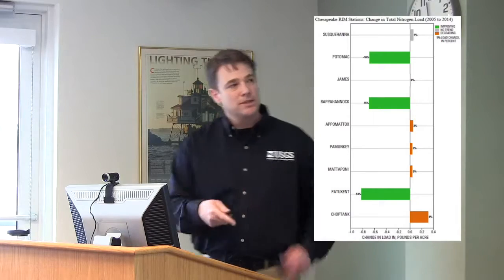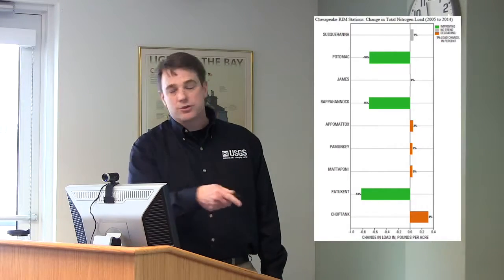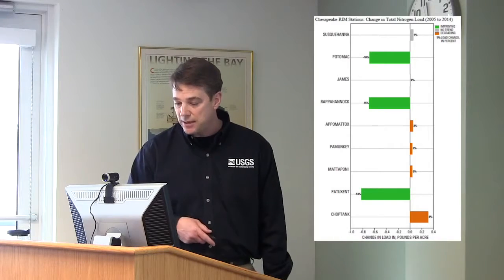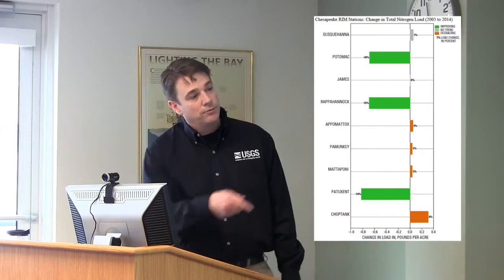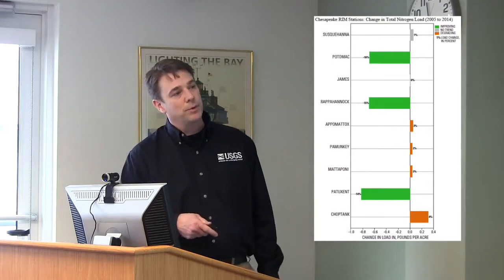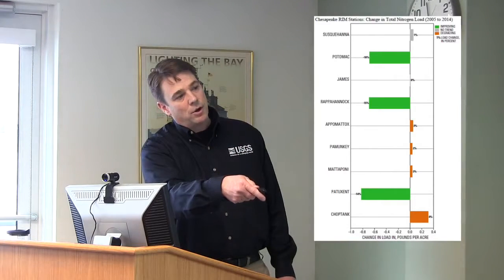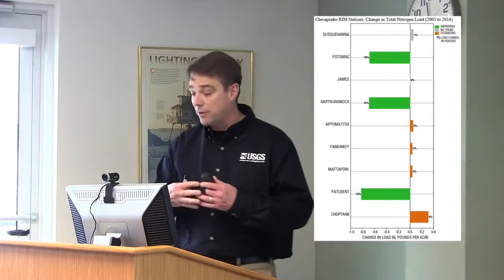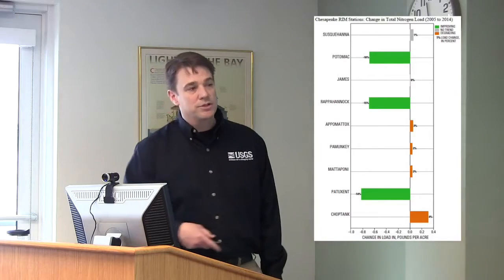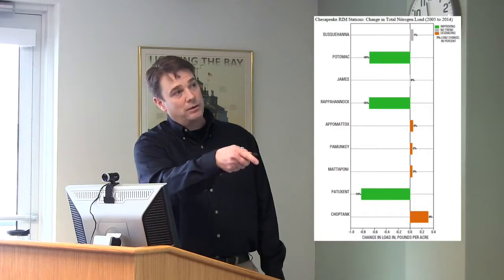So what you can see from this is we have 3 stations that are showing improvement with a percent change ranging from 10% at the Potomac and Rappahannock to 14% reduction at the Patuxent. Again, this is over the 2005 to 2014 period. And then for the degradation, we're seeing 4 of the stations are showing minor degradation. This is in the 2 to 4% range, with the Choptank showing the largest degradation. The Susquehanna is showing no trend, and we really saw that in the previous plot where the Susquehanna's trend is slowing down in the most recent 10 years.